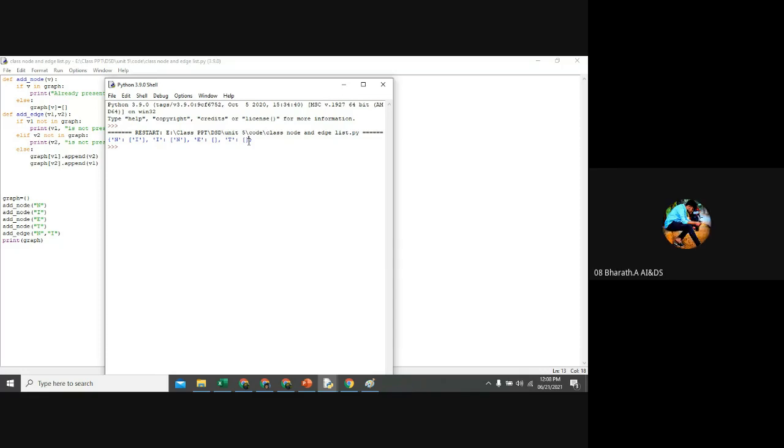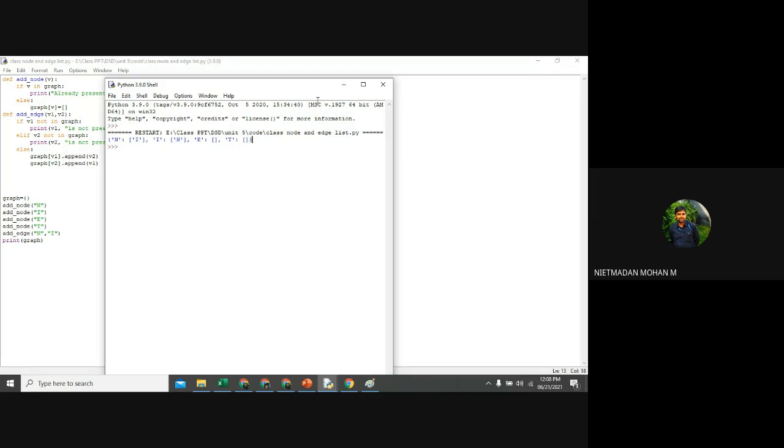Yes, sir. So before I split those things, I am telling you that the list will not be split over here. You can see that the dictionary has been mentioned in this format. N is my key and this is my neighbor node. I is my key and this is my neighbor node. E is my key, there is no neighbor node, and T is my key, there is no neighbor node. So this is an undirected graph.